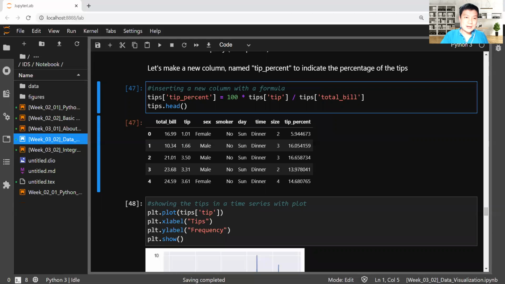We can just create any name. The name can be whatever you want to represent about the column. So in this case, I want to create a tip percent. It means this is the percentage of the tip in comparison to the total bill. So the formula will be this one. 100 means you want to change it into a percentage, 100%, multiplied by